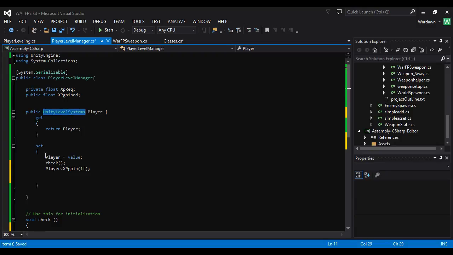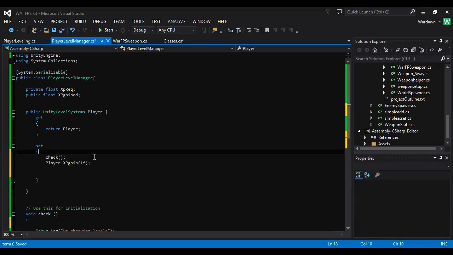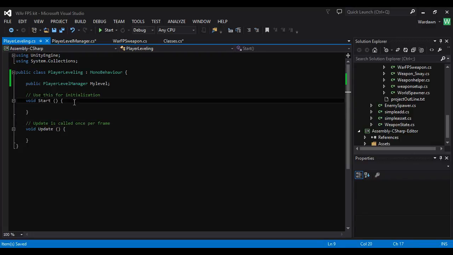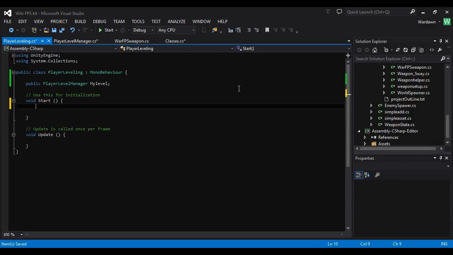So every time I hit this, it will do every time I try to use the set method, which in our level system we can go, and I'll show you a good thing of this: we'll go my player, my level dot player dot XP gain